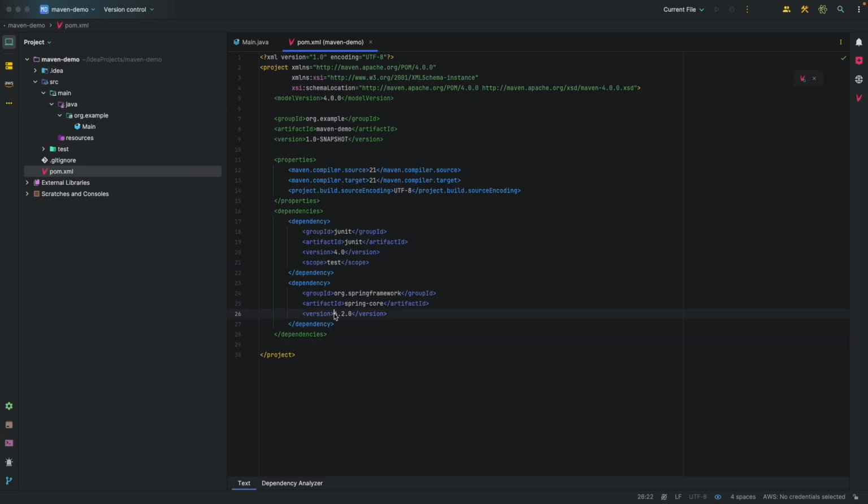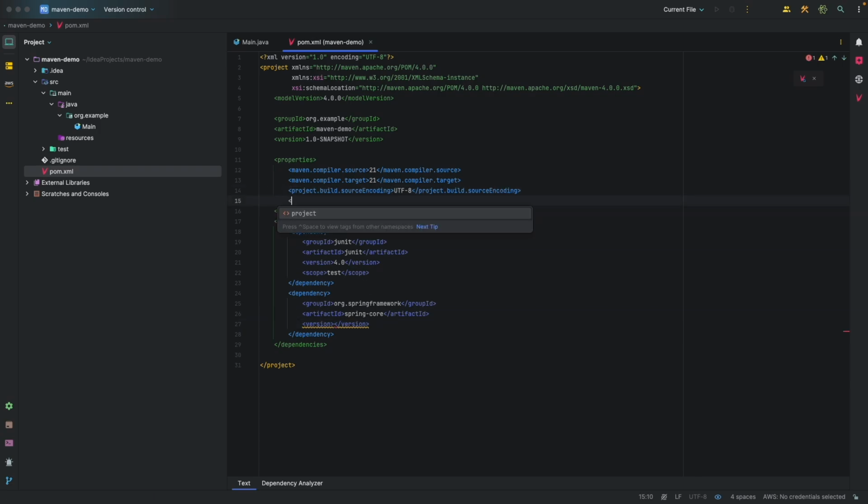And in terms of hard coding the dependency version, what we can also do is create a property, where I can say spring.version in this case, and I'm just going to give that version over here, and I'm going to refer to that property